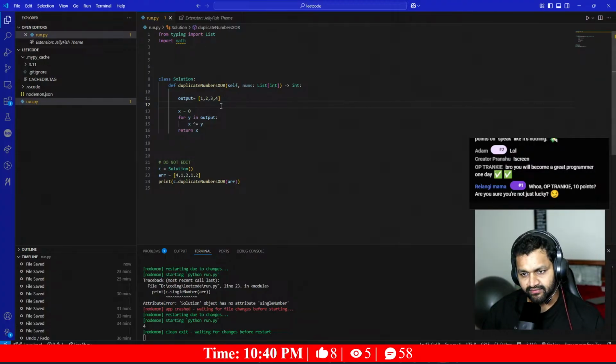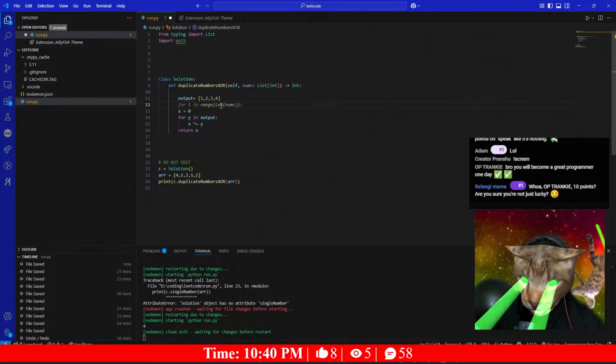So output equals 1, 2, 3, 4. I will have an array of... The constraint says that if I have less than 50,